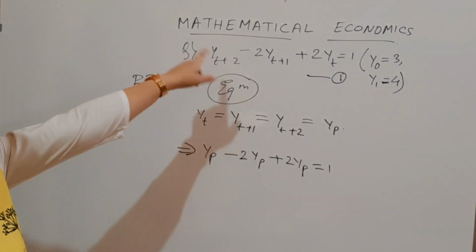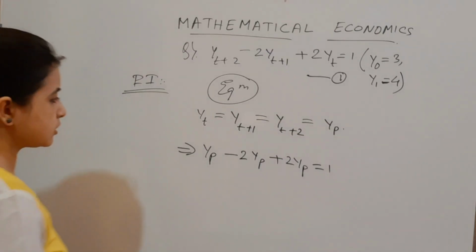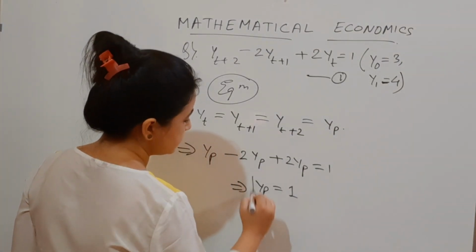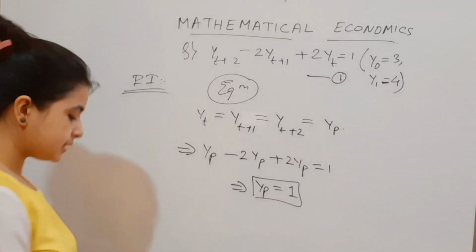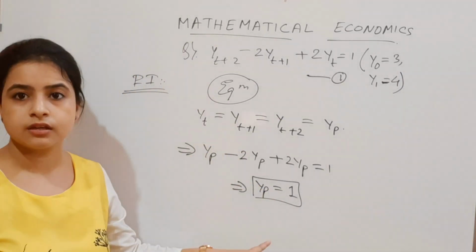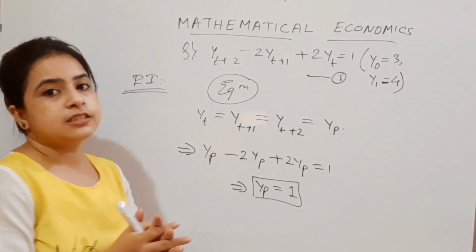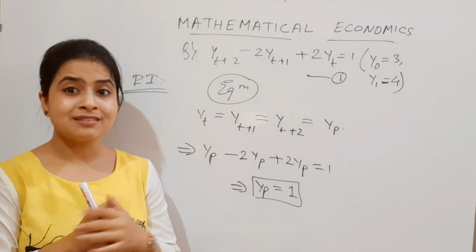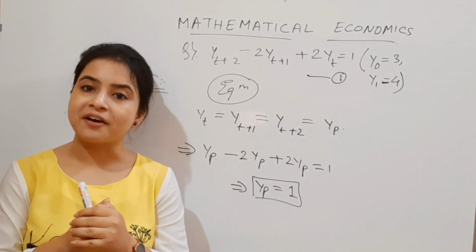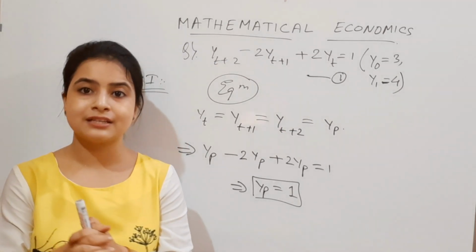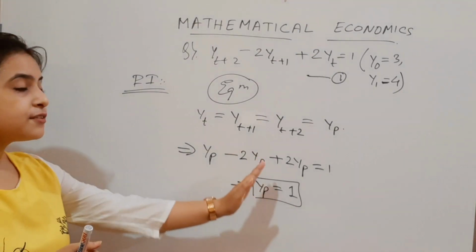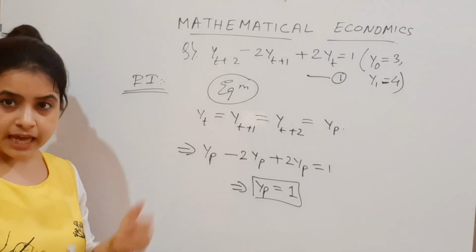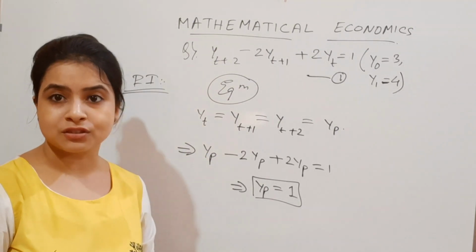If I simply put this into our next equation, obviously from here we have our particular integral, and that is equal to 1. This is the particular integral solution. If you can recall, the general solution has two parts. One is the particular integral and the other one is the complementary function, right? So this is the first half of the general solution that we have identified. Now it's time for the second half, that is the complementary function.